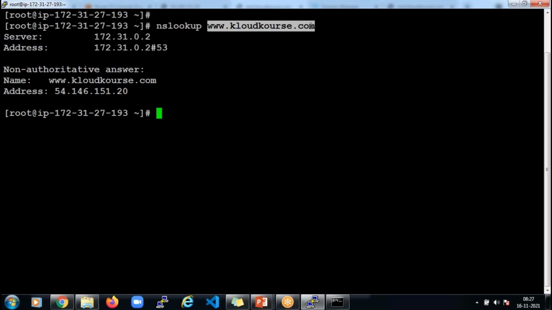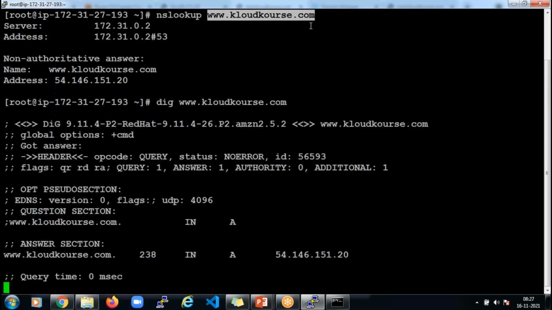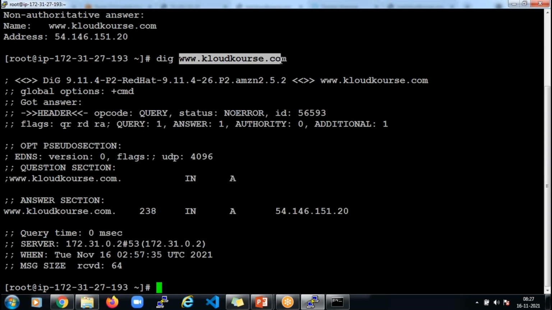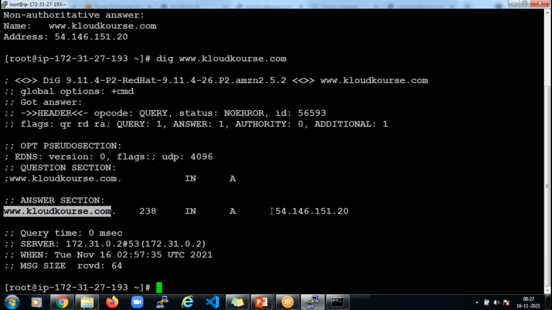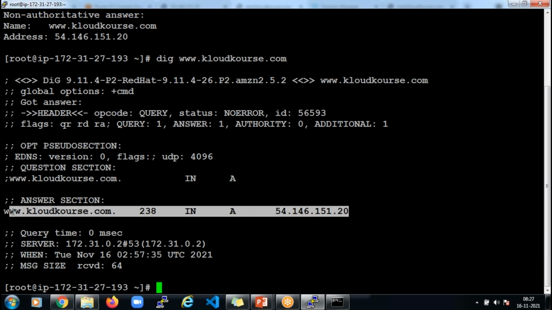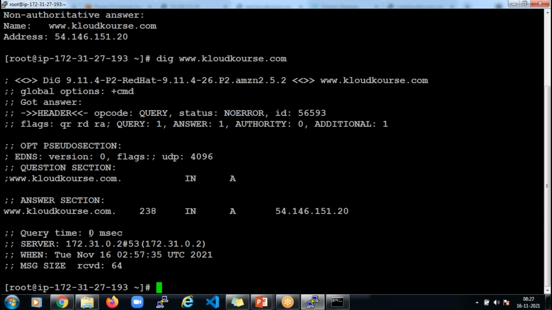The other command that you can use is the dig command. Dig and give the name that you want to look for. Now it will give you more information about the DNS resolution, and you can see the question section, which is the question that you have asked, and you can see the answer section, that this particular name is now resolved into this IP. This is confirming that the DNS is working fine,